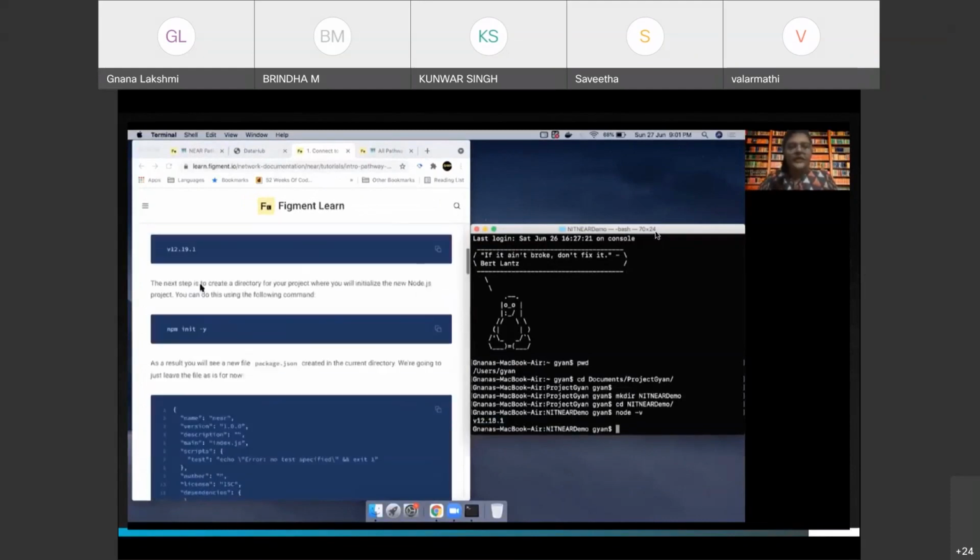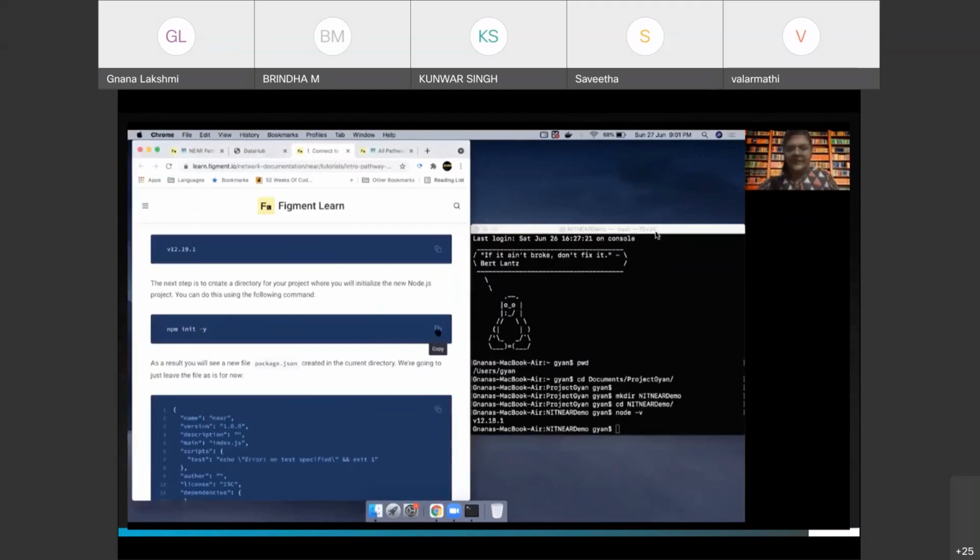What I would need to do as the next step, let's just follow the steps here, right? And then I will explain to you what's happening. Once we have checked what version of node we have, we can create a node directory or an NPM project, which will initialize a new Node.js project for us.